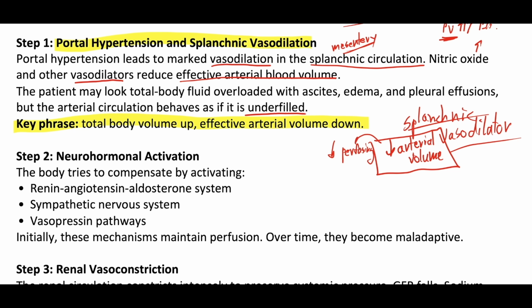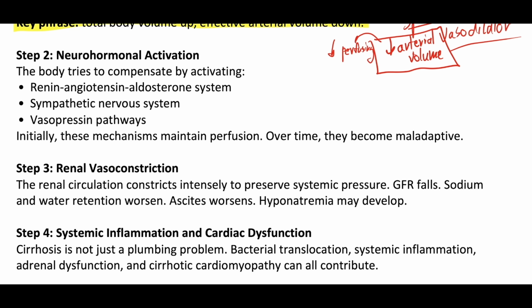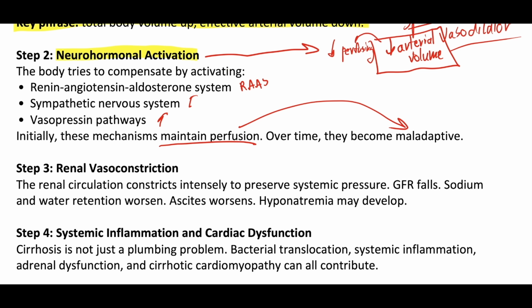Okay. The second principle here is related to neurohormonal activation. So the body, to try to compensate for this decreased effective arterial volume, activates the renin-angiotensin-aldosterone system, or the RAS system. It also activates our sympathetic nervous system and vasopressin pathways, right? All these get activated, they all go up. And these mechanisms are meant to maintain perfusion over time, right? You hold on to more sodium, you try to reabsorb more volume into your vasculature, you vasoconstrict, right? All this stuff. But as these spiral out of control, they become maladaptive and lead to the next principle,